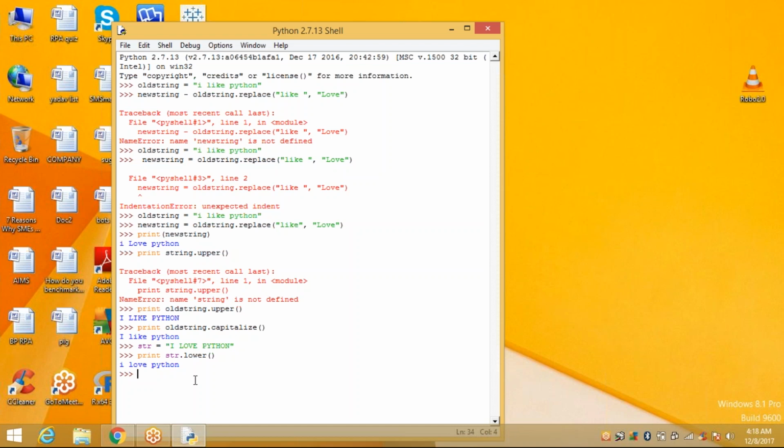Already we have a string. We are defining here I love Python. See here, print, within the quotes a colon, dot join.